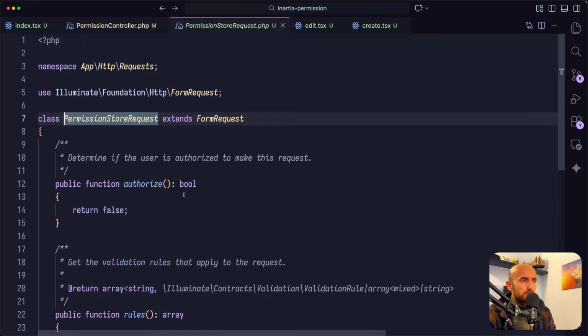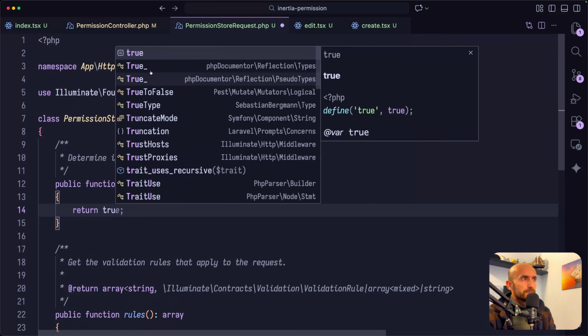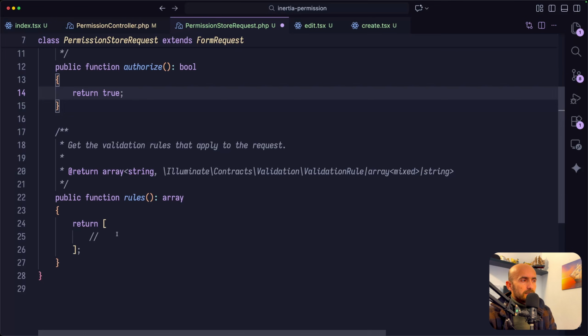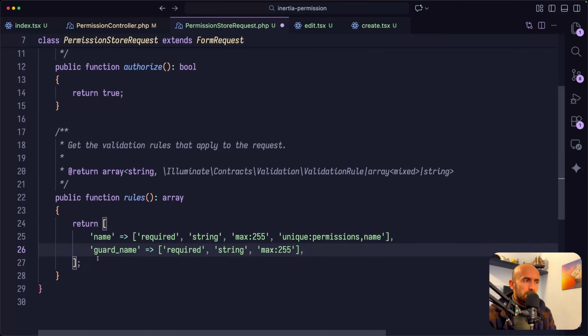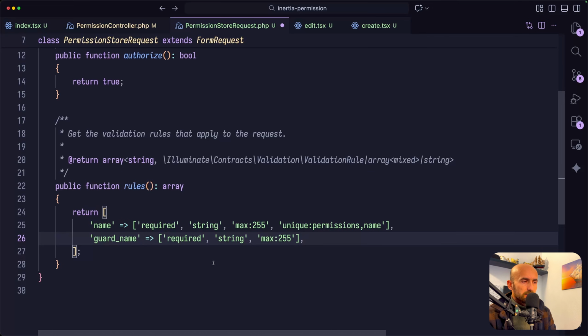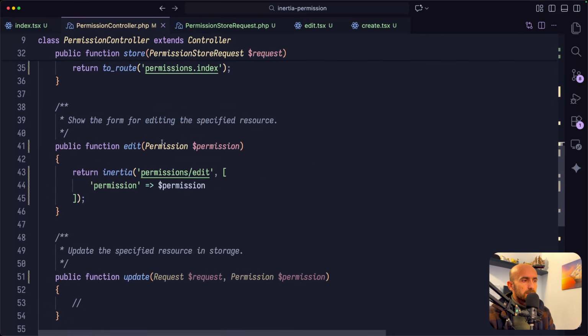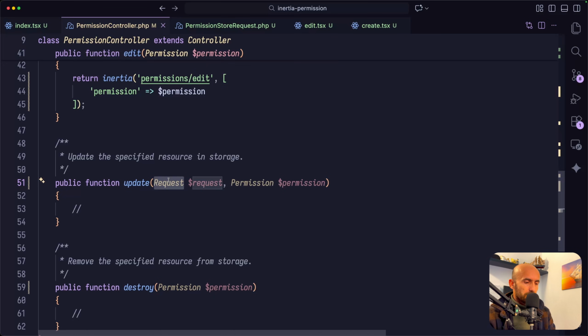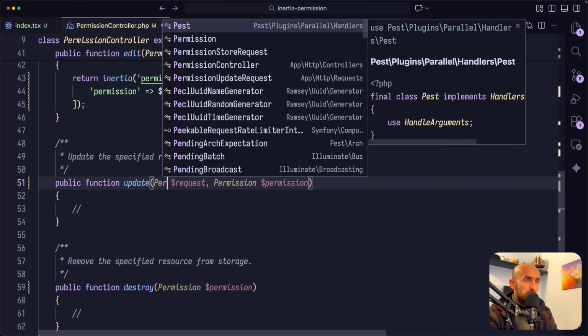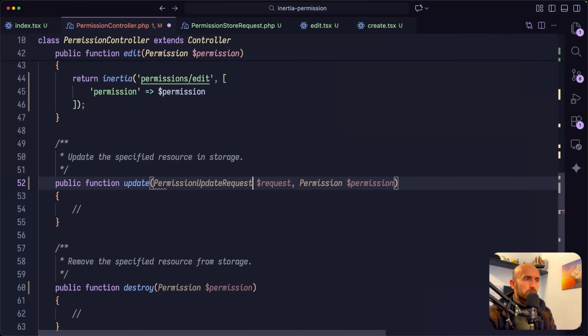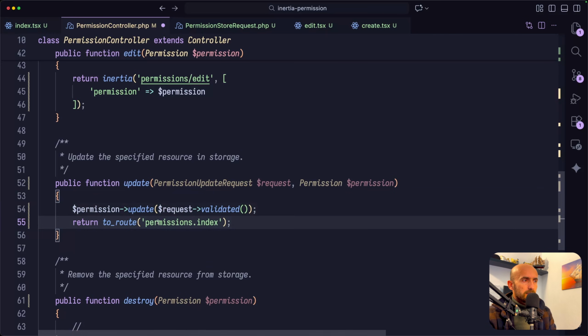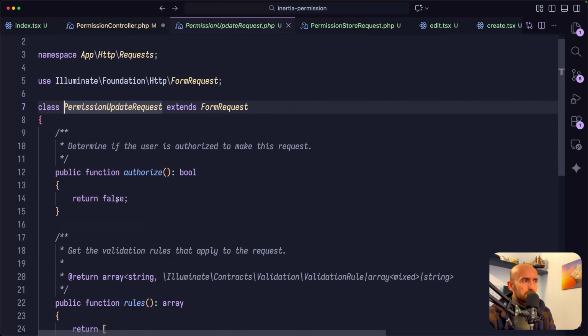the permission store request to change the authorized to be true and apply some rules for the name and guard name. Let's save, and let's go also on the update. Use the permission update request and say validated. Open the permission, change this to true,